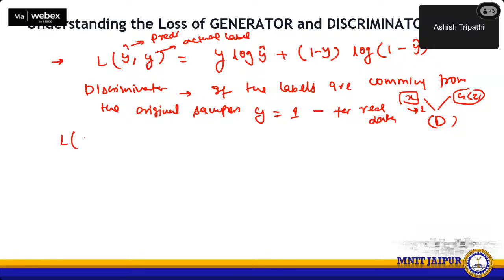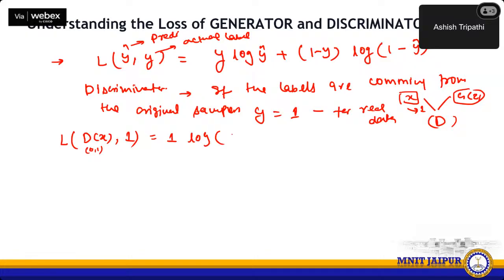Okay, so what will happen? L of y hat. What is this y hat? Y hat is D of x. What is D of x? It is the probability value between 0 to 1, which is given by the last layer of the discriminator model. And what is the actual output? This is 1. Got it? Actual output is 1. On the right hand side, I will again keep the value of y equal to 1, because this is the real output, 1, and log of